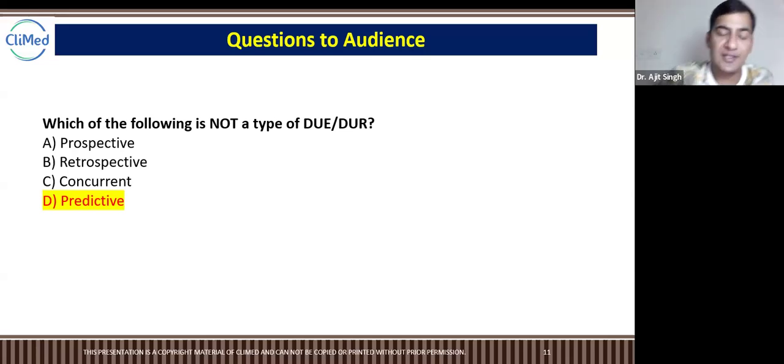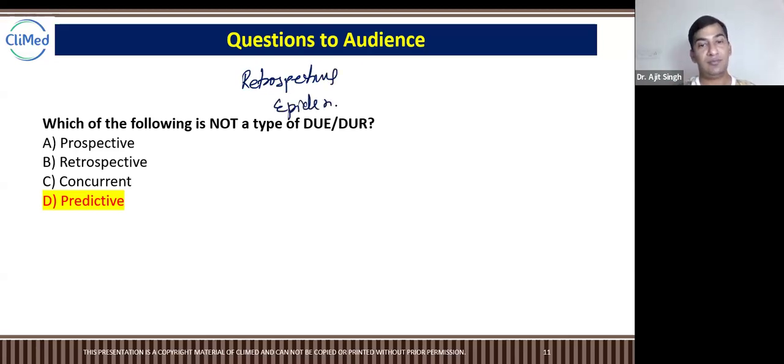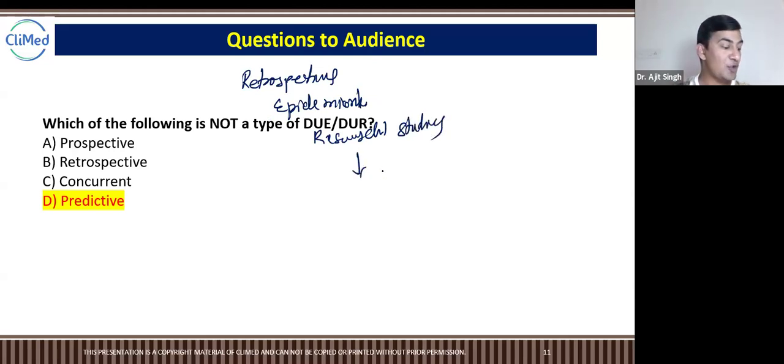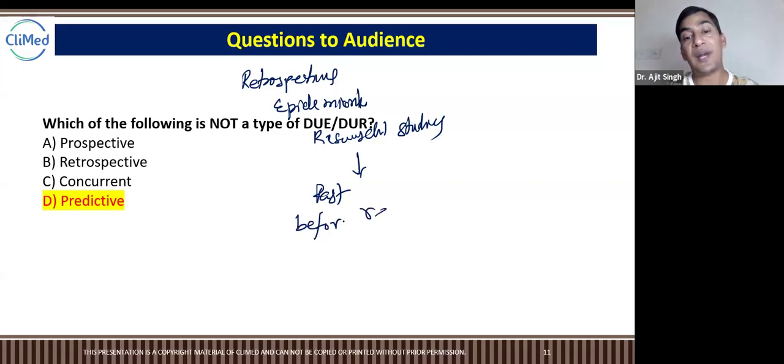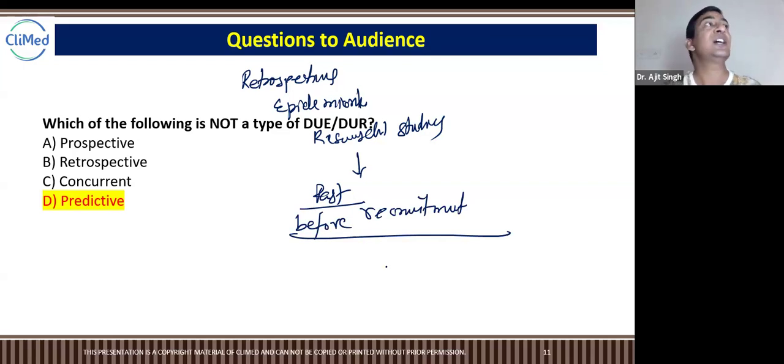See, again, I'll repeat for you guys. It's a very confusing part. When I'm talking about retrospective, focus guys, retrospective epidemiological studies, or all research studies, here, when we are talking about retrospective research studies, that means the data should be from the past, before recruitment of the participant into the study. The data should be collected from the past or before recruitment